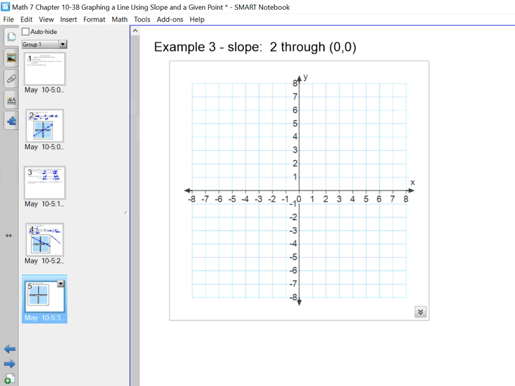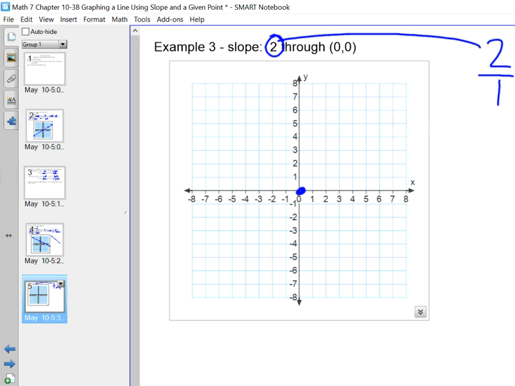Let's try example 3. In example 3, you're going to have a positive slope of 2. This means 2 over 1, or negative 2 over negative 1. And I want to go through 0, 0. So I'll graph my 0, 0. Now remember, slope is y over x. You're going to move up